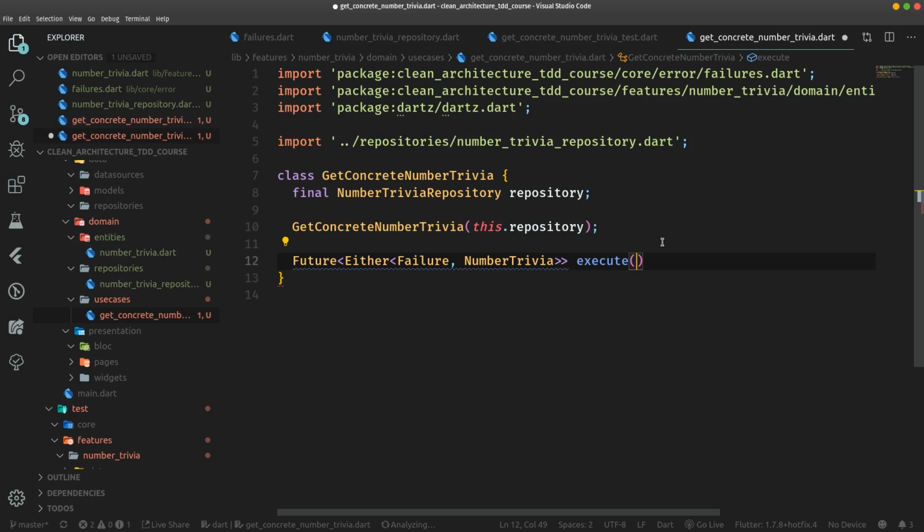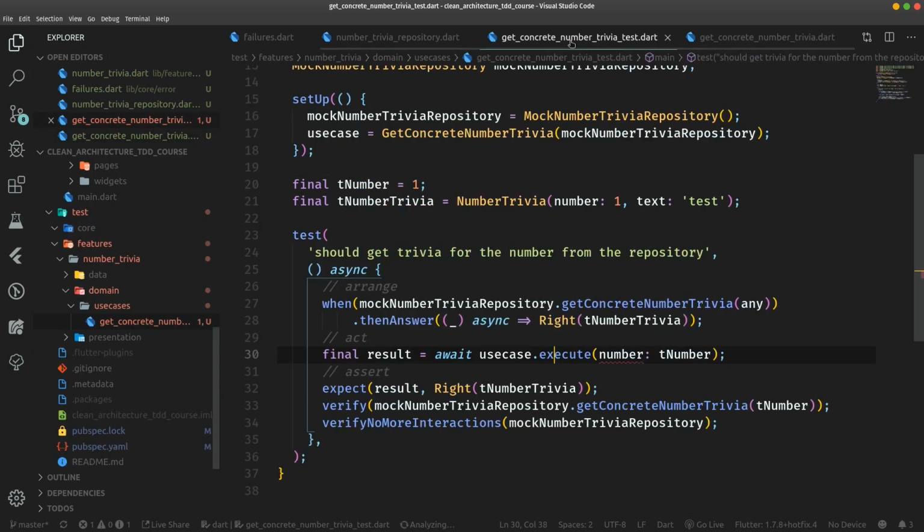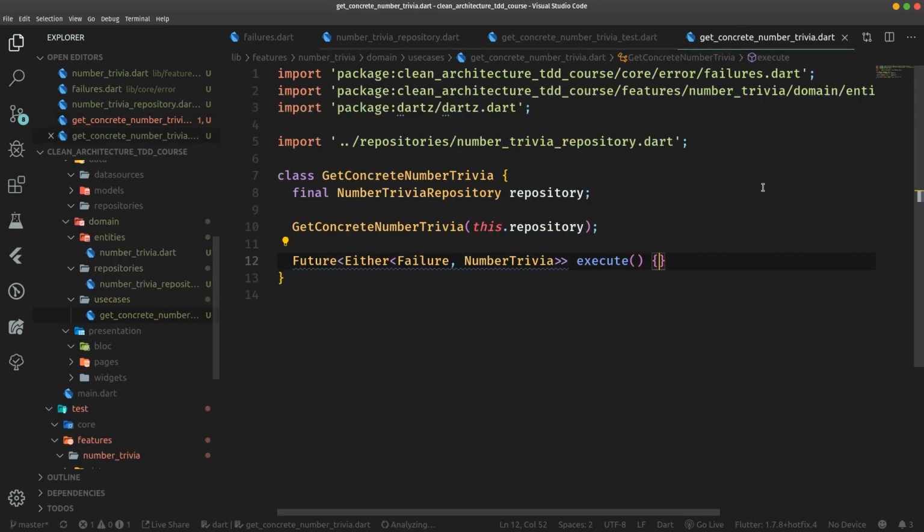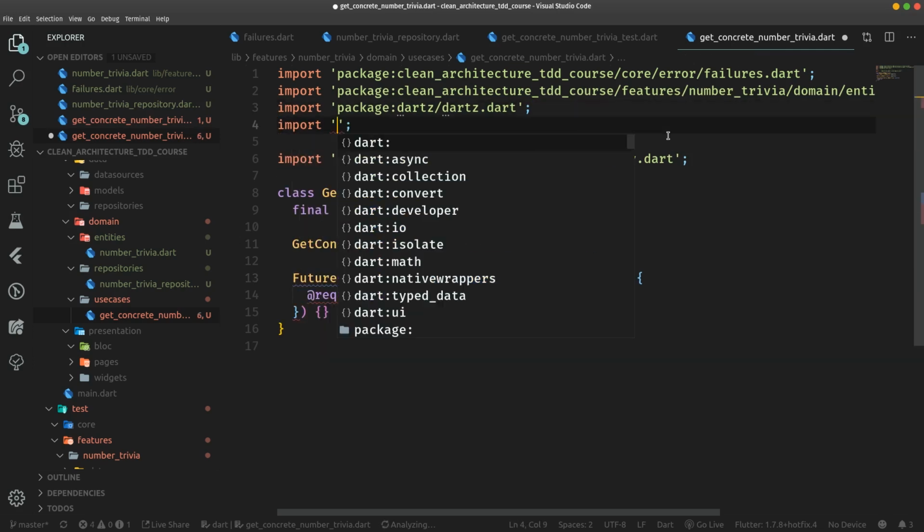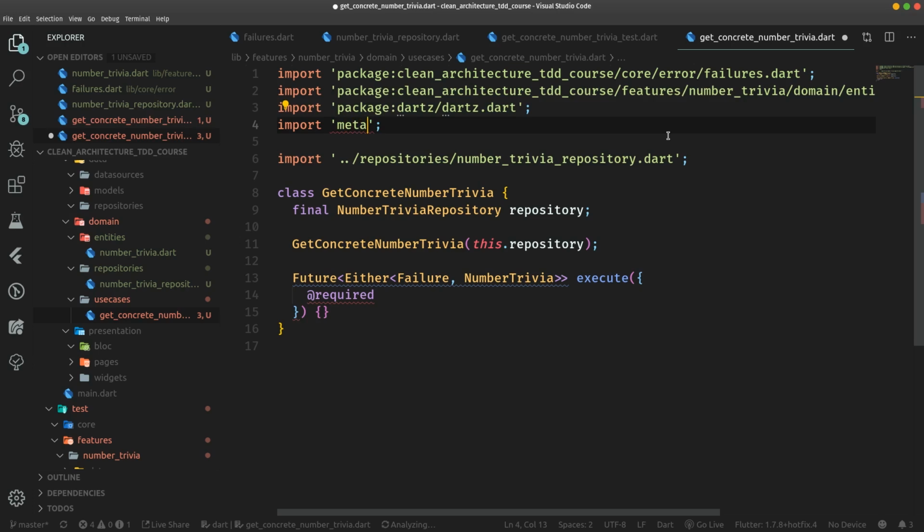Now, based on the test, we know that the execute method should take in a number, which is a named parameter. So therefore, we know what we need to do. It will have a named required parameter, of course. So we need to import meta also. meta.dart, required number, which is an integer,